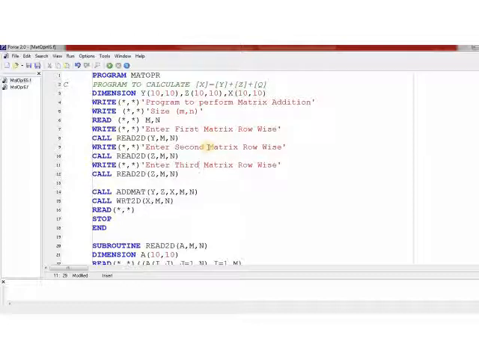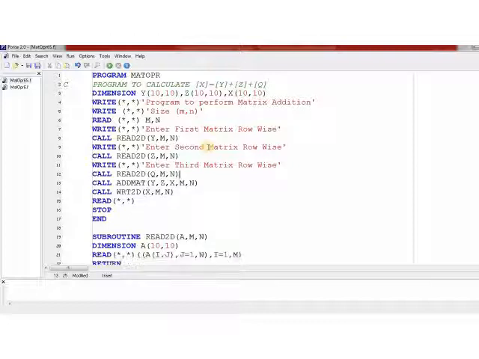The third matrix is matrix Q. After this, I will call addmat. So y and z will be added, and let's say the result will be stored in matrix D. So I'll have to declare an additional matrix D here, 10, 10.